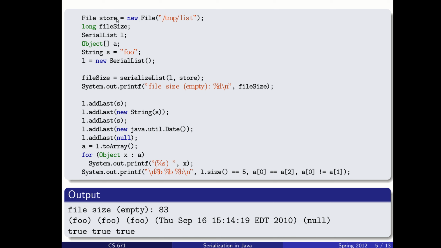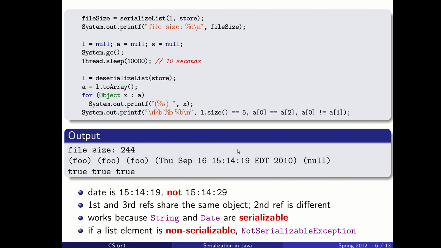You can see that we create a file to store our list in, we create an empty list, and then we serialize that empty list to see what the file size is when it's empty, which here turns out to be 83 bytes. And then we add some things to that list, and we convert it to an array, and we print out all of the things from that list, and we do some comparisons with items from that list. So then when we ask to serialize that list that has things in it, we get a bigger file